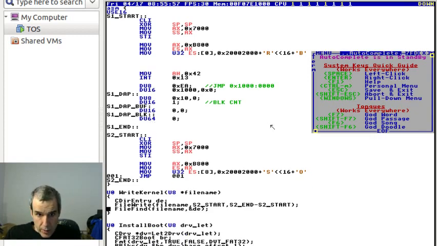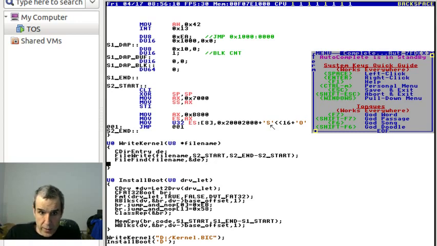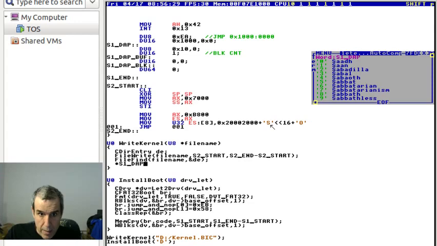So we're making progress. So you know what we do? We want to write our kernel file, and then we want to install the bootloader. So the reason we got the directory is so that we can patch star quote star S1 DAP block star S1 DAP block